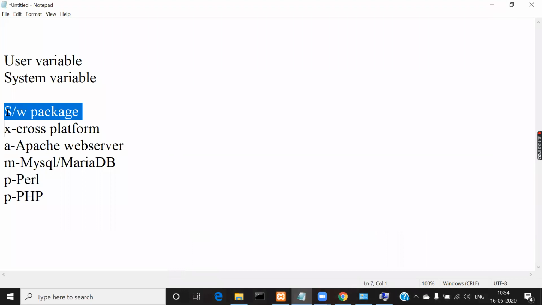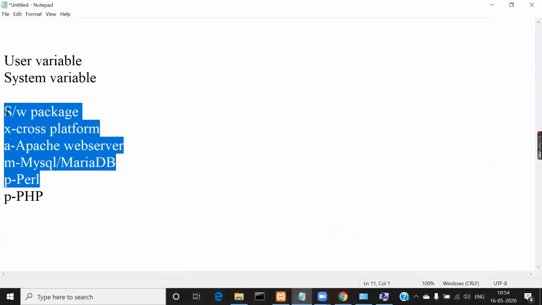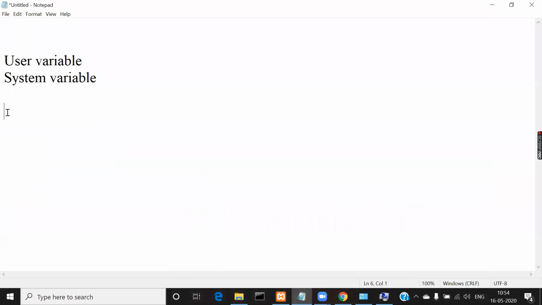So I'll remove all these things. For MySQL, you need to know something. There will be a port number. Port number is nothing but the port on your computer through which your MySQL database will perform any interaction with any clients.